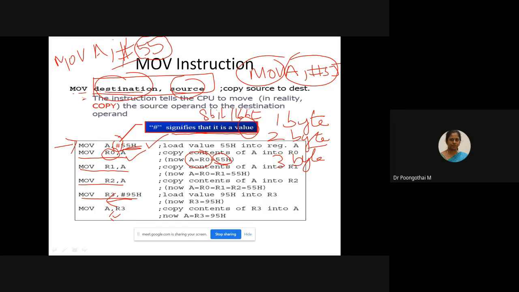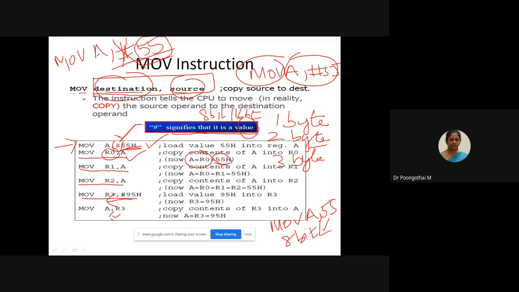Suppose the hash is not present. In that case, the hex number 55 would be taken as an address. So move A comma 55 means this 55 is considered as an 8-bit address.